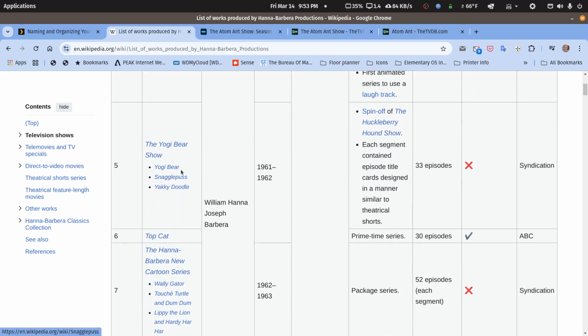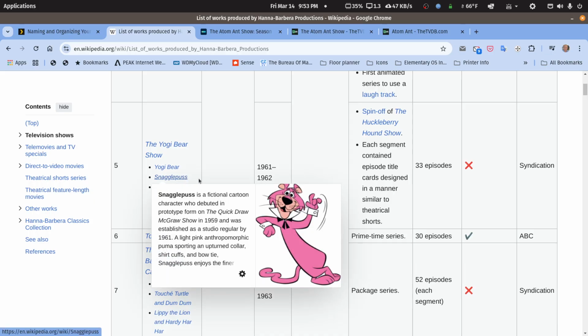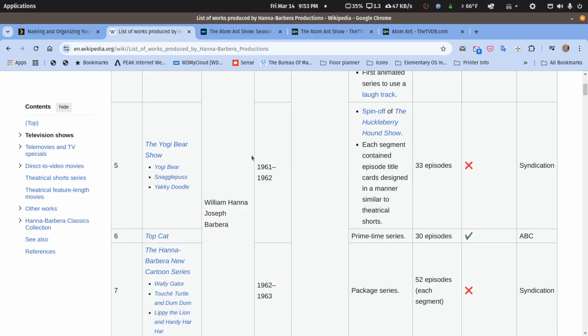If we drop down, this Yogi Bear show carried on the same principle. An episode might have a Yogi Bear segment, a Snagglepuss segment, and a Yankee Doodle segment. Well, I know for a fact there's an entry for Snagglepuss at TVDB, and it was only within the last year that Plex added that entry to its scanner. If you named the show,